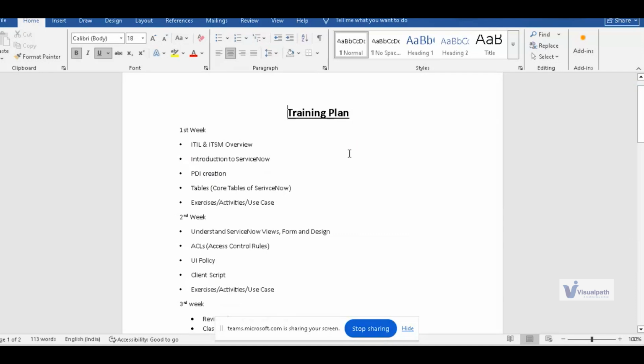So this is my training plan. The first week will be ITIL and ITSM overview, which is the basics of how the tool is created and why it is, and the introduction to ServiceNow. And we will have our PDI created for each one of you. Then I will start with the basic building block for the ServiceNow data, that is the table. So how the tables are created, how they are configured, where they are stored, those things we will be covering. And then I'll be sharing a few exercises and activities by the end